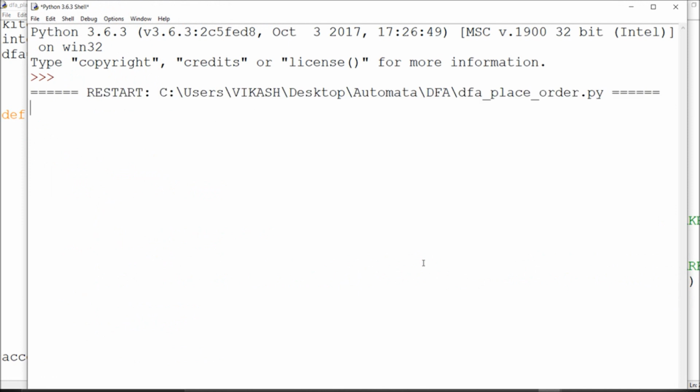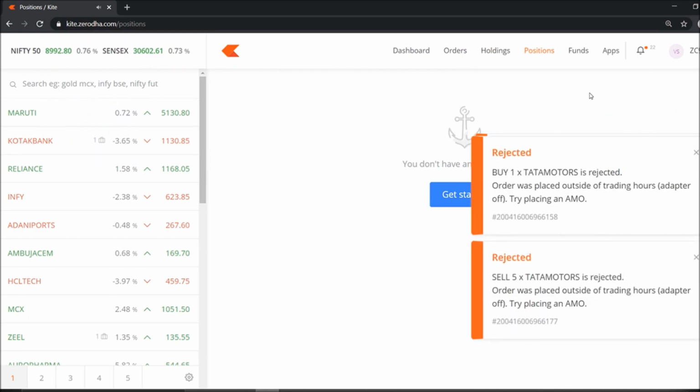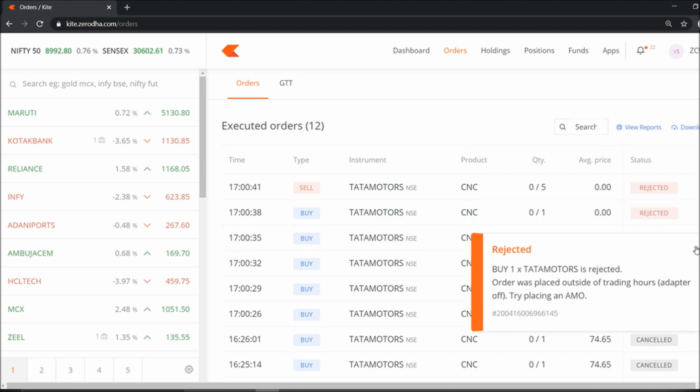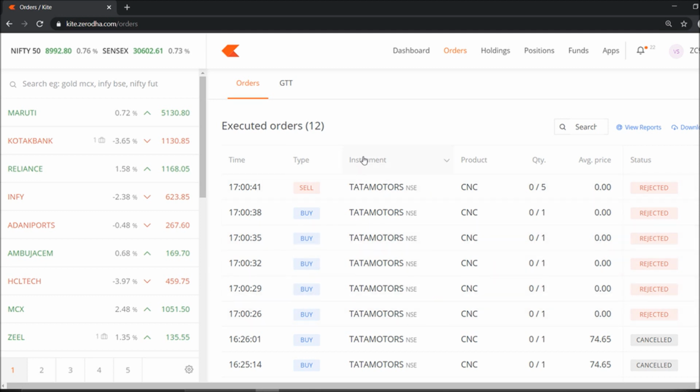As you can see, it started with the buy, so it bought a single lot. Whatever quantity you give, every interval it goes for a buy, and then at the end we will get the sell. As you can see, the market is not open, so that's why we are getting a reject. Previously I did the same thing too. As you can see, we bought this and we got this exactly. So this is the way you can try by yourself.